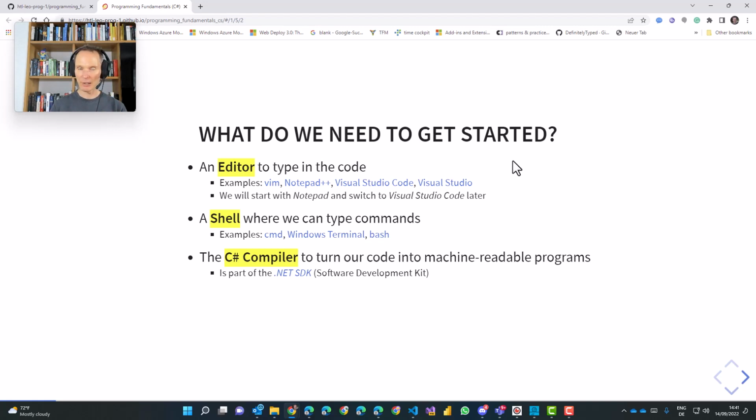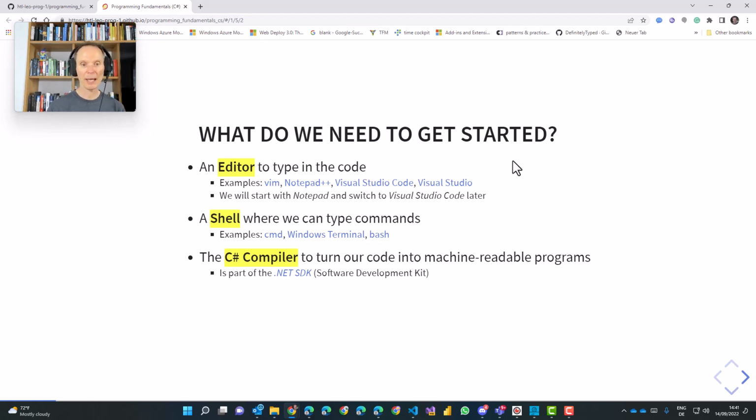The compiler, and this is important, remember that, the compiler is the software component which turns the programming language that you use to express your intent, to turn it into binary code that the CPU, the central processing unit, can execute. It turns human readable text, programming language, into machine readable and executable programs.